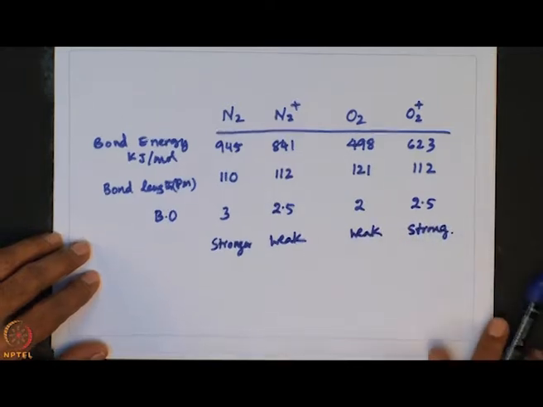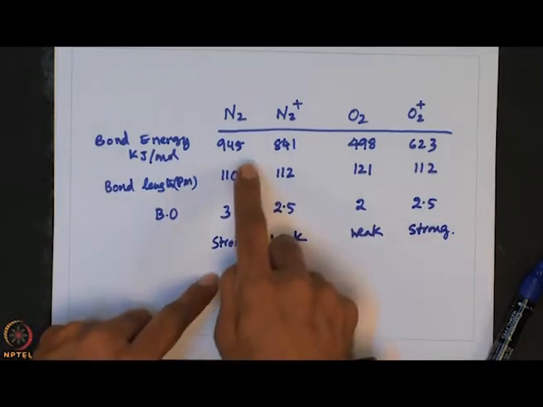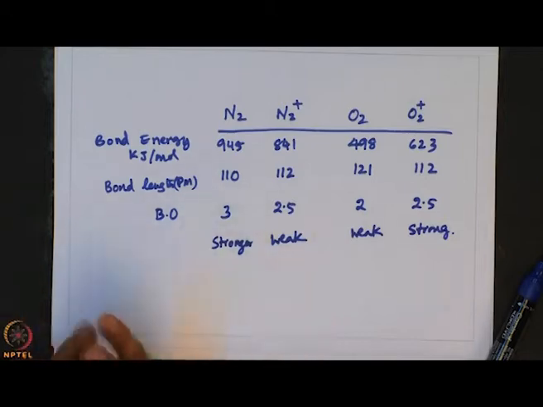Okay. So, this information has come from the molecular orbital diagram simply by writing. Now, if I compare, you see 945 kilojoules per mole, and the bond length is shorter because you have bond order 3, a triple bond between N and N, and its bond energy is 945 kilojoules per mole. Actually, the single bond N-N bond energy is 160 kilojoules per mole. It is more than 3 times. That is the reason it is more stable.